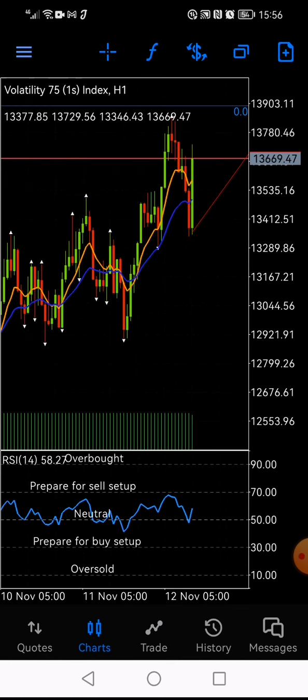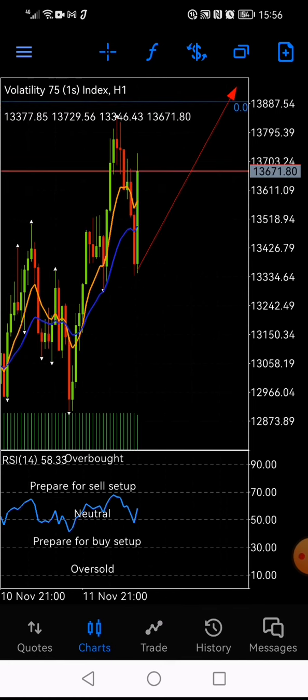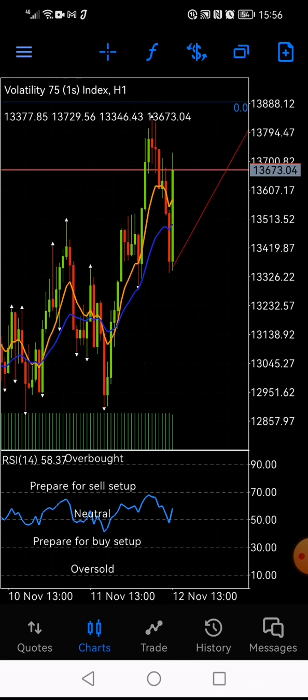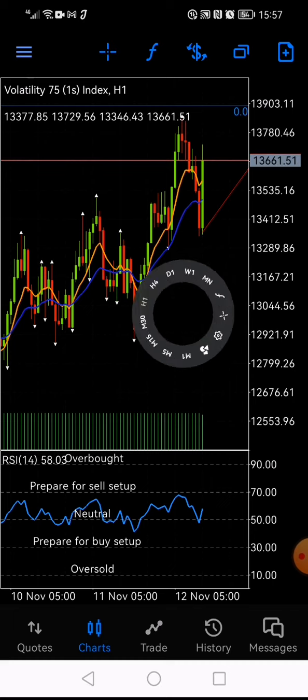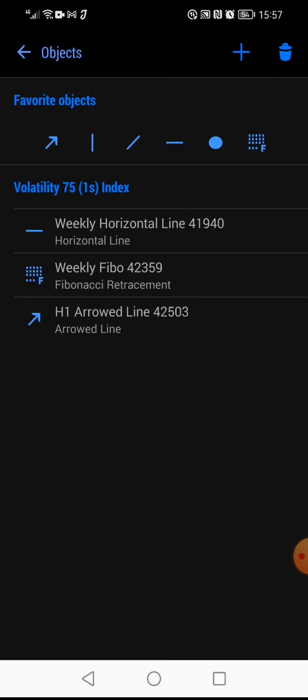As you can see, guys, what's happening is that we're looking for this pair, this volatility, to keep rising. So the question is, where are we supposed to enter? As it moves up, I'm just going to draw a few